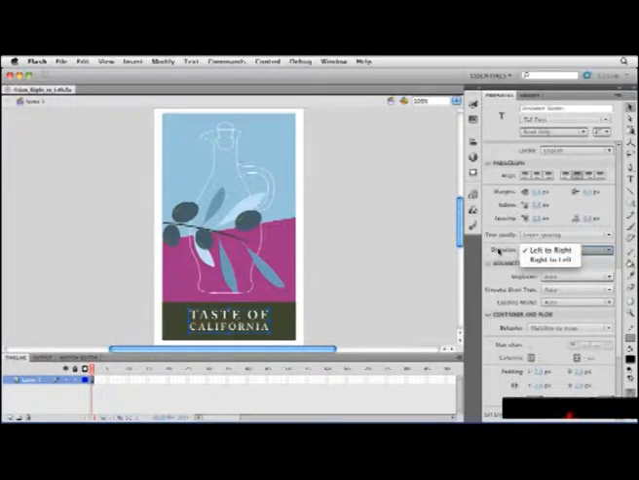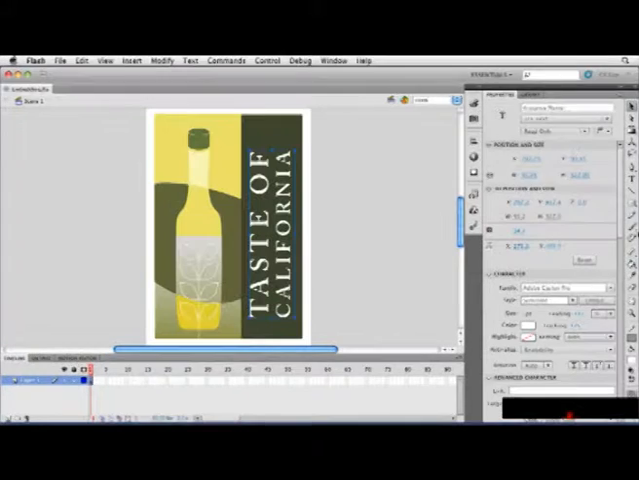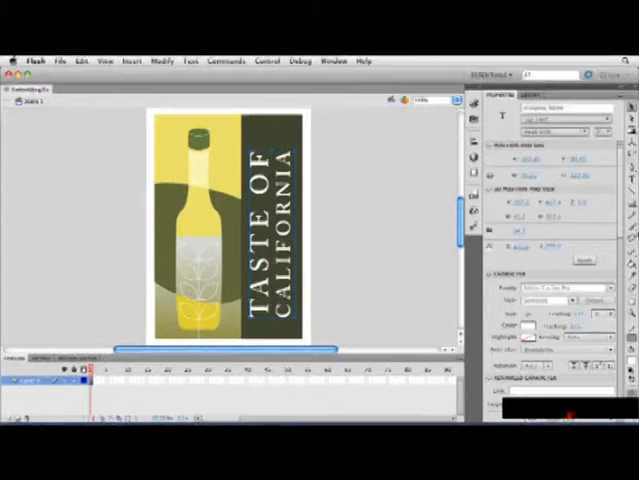So I can check right to left or left to right. So using these new options in Flash, you have better support than ever before for Asian and right to left languages. When you deploy your application created in Flash, sometimes the text in the text field will not render properly